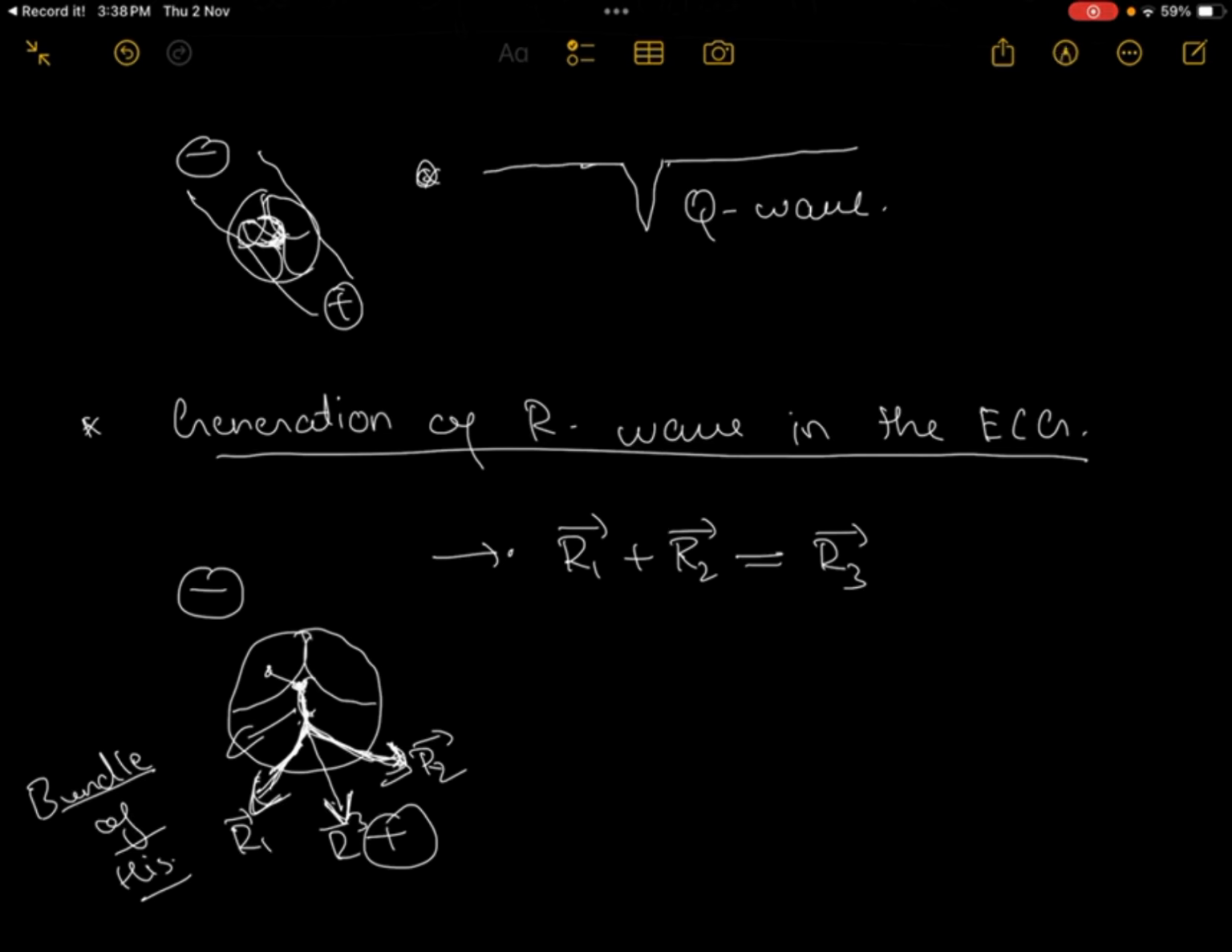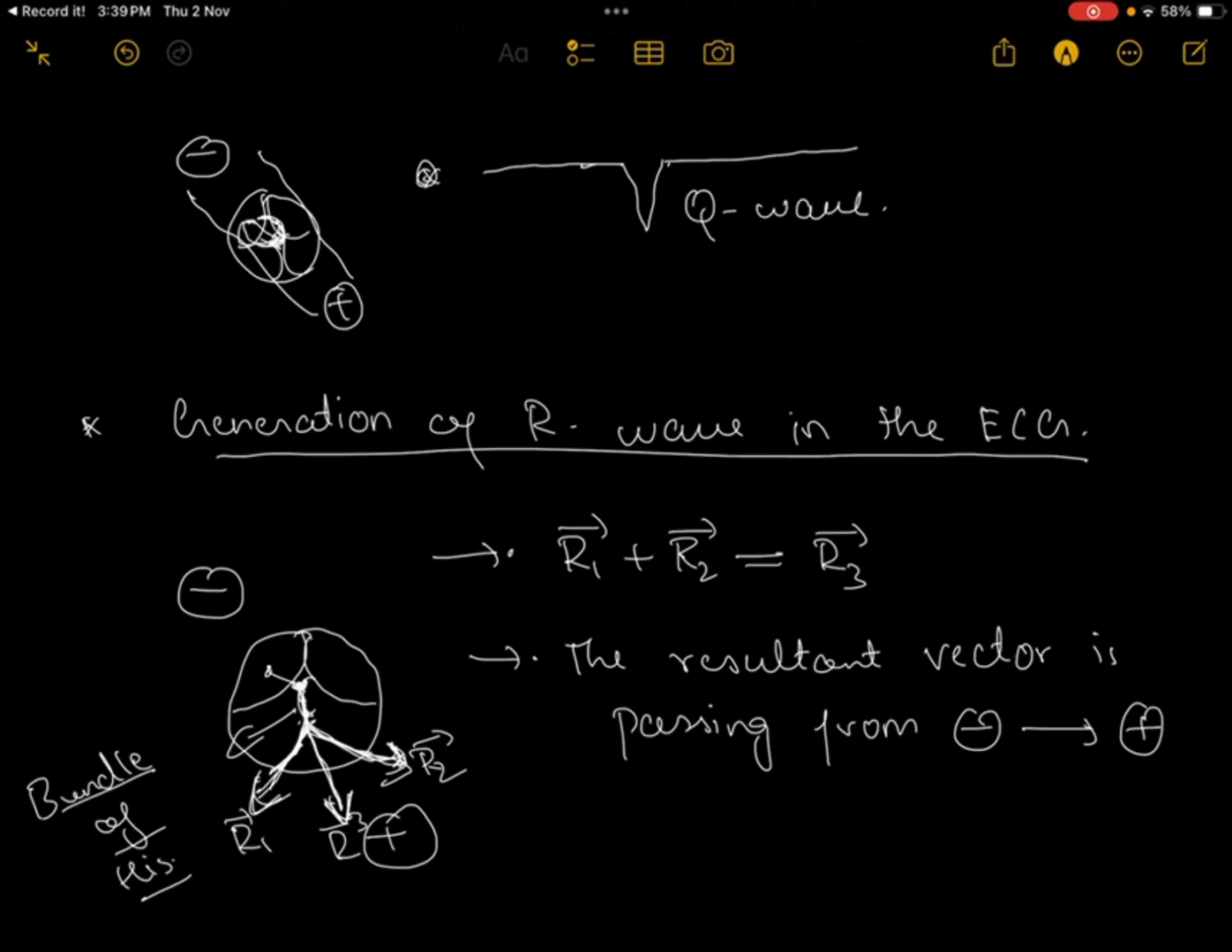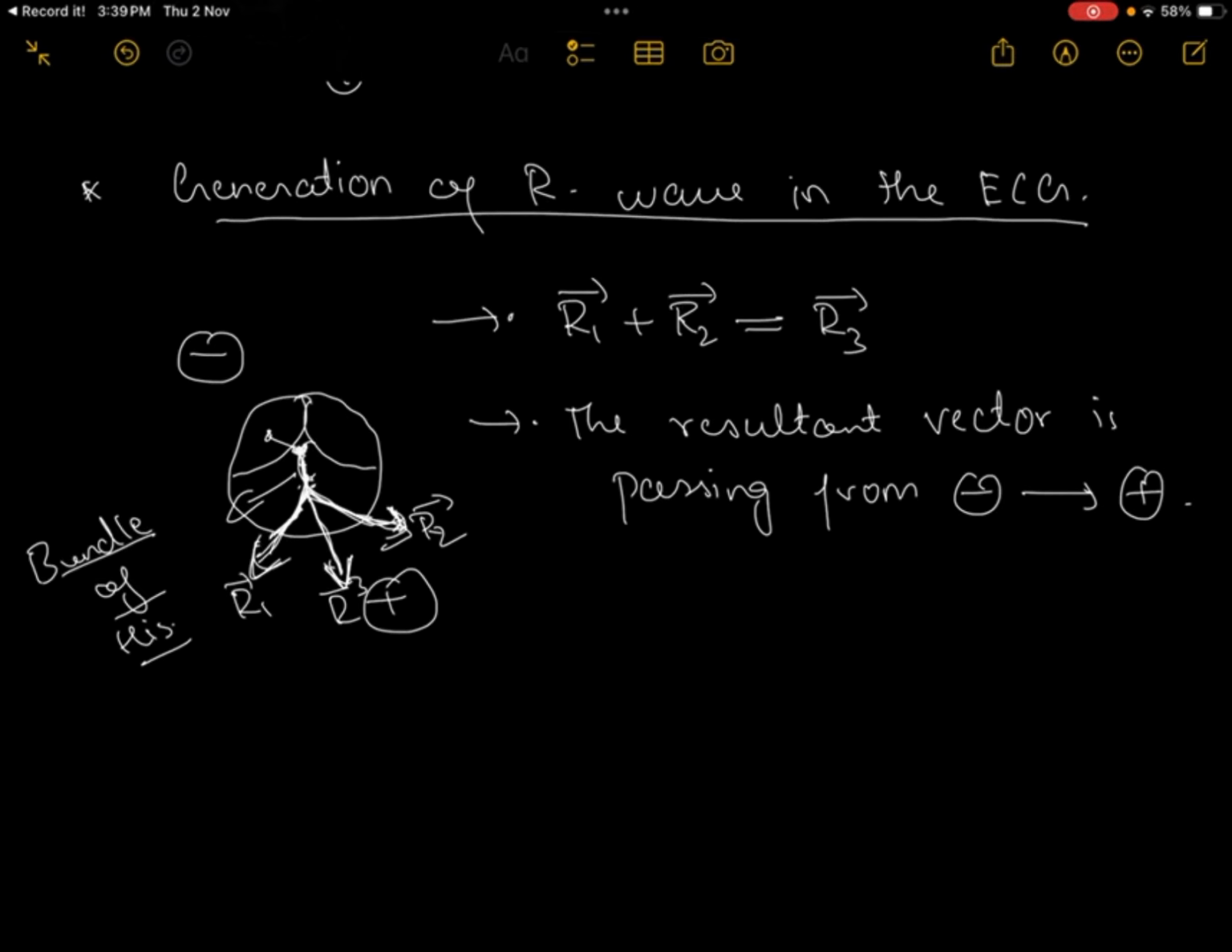We have to take the resultant vector, as we cannot distinguish both of the vectors, which would lead to complication of this topic. So we will be taking only the resultant vector. This is the resultant vector which is passing over here in the middle. If you see in terms of electrodes, the resultant vector is passing from negative to positive. As I have discussed earlier, whenever there is a flow of electric charges from negative to positive, there is always a generation of